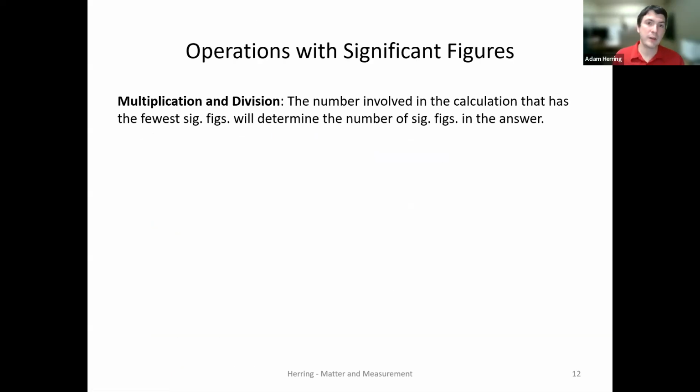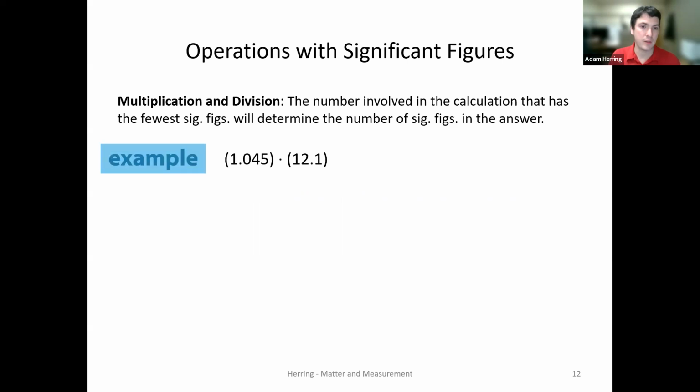Let's now talk about doing operations with significant figures. If you're doing multiplication and division, there is one rule, and addition and subtraction has a different rule. So for multiplication and division, the number that's involved in the calculation that has the fewest significant figures will determine the number of significant figures in the answer. For example,